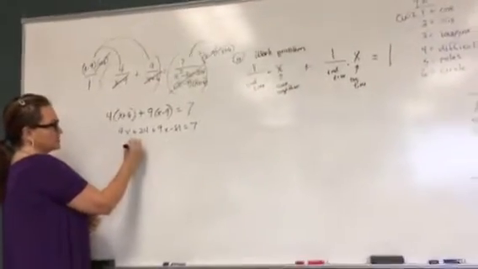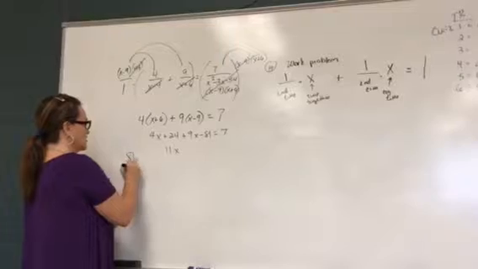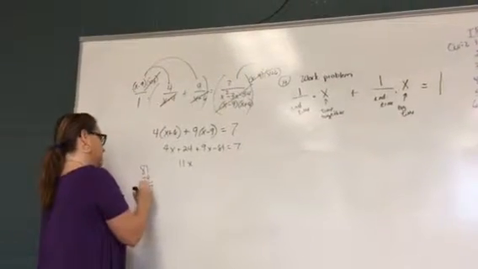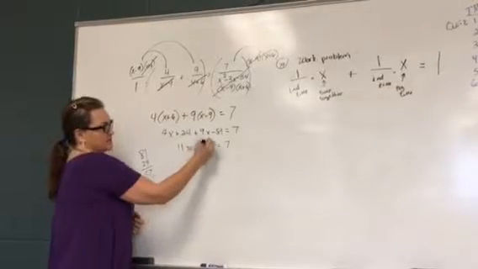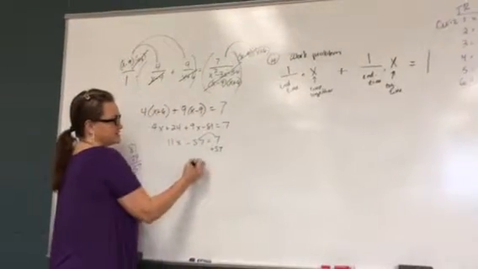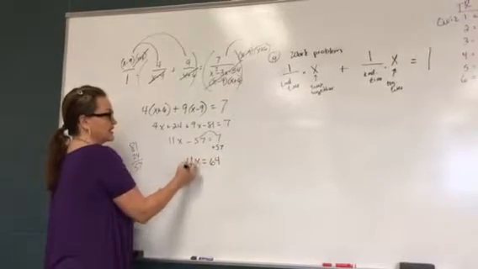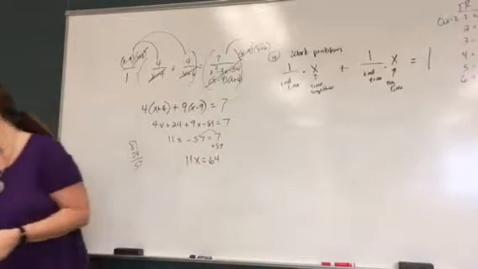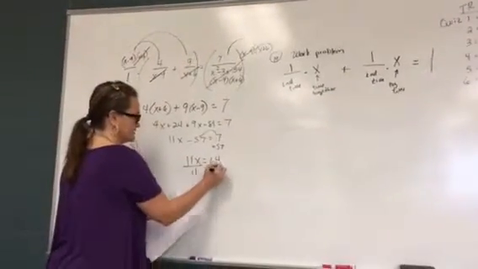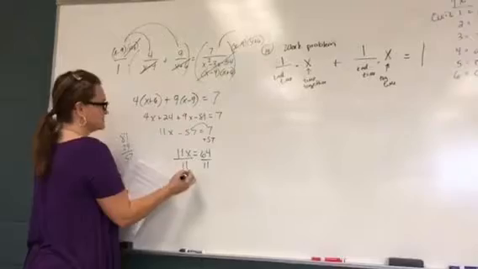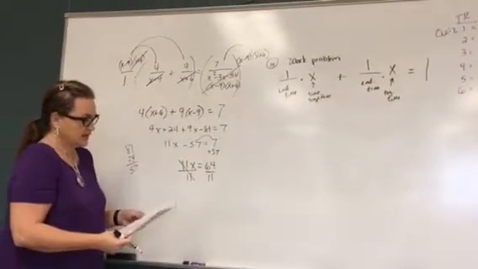So combining your like terms, we've got 11 x's. 24 and minus 81 is, what is that, 57. Then solve by taking the 57 across the line, making a total of 64. Oh, I've got 11x equals 64. And then divide by the 11. Uh-oh, did I subtract wrong? And I should get,